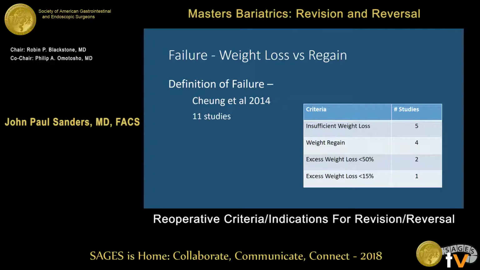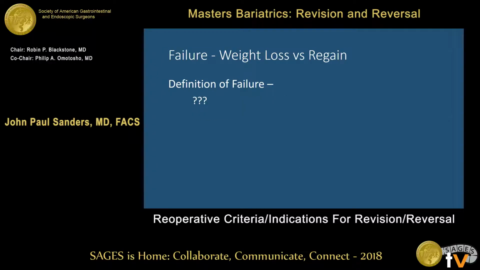So it's a big question of exactly what the indications are and at what point is it worth pursuing revisional surgery for someone who simply isn't meeting their goals. So I think that's a question that needs to be addressed, and it's very important when we're talking about what the indications are. It's difficult to recommend an indication for surgery if you really can't define what the failure